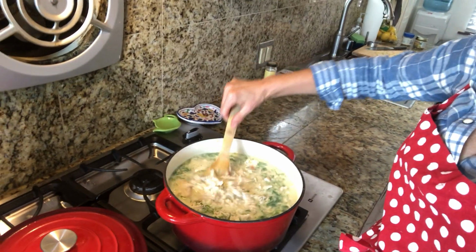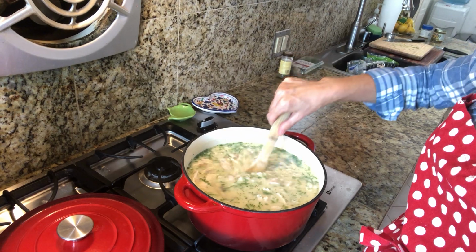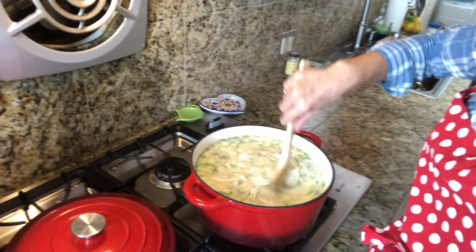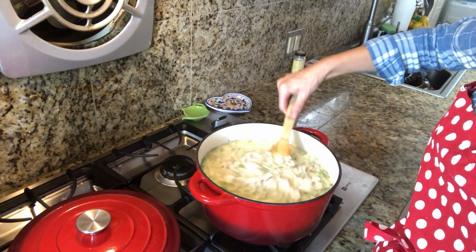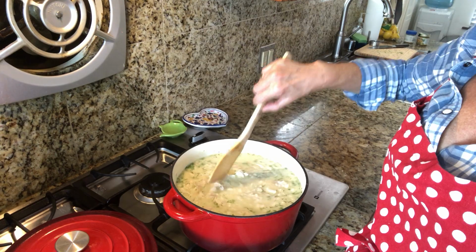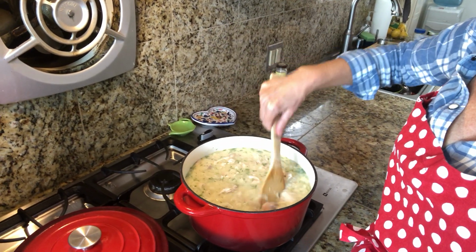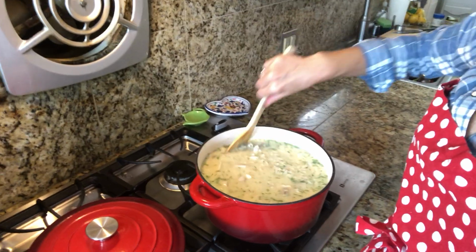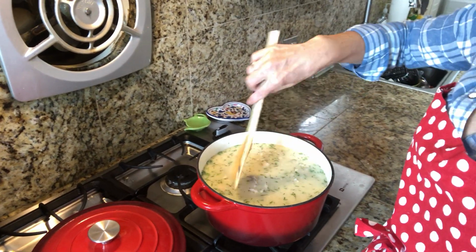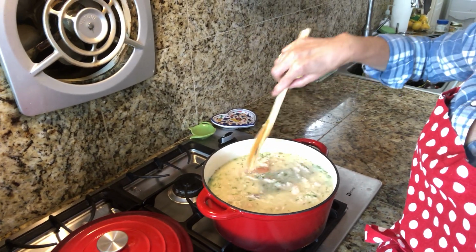I just made this gorgeous soup in less than 30 minutes. I could have done it faster if I wasn't bothering with you people. Just kidding, I love talking to you guys. But seriously, look at how gorgeous that is. I'm gonna pour a little container of this. I'm gonna bring it to the gal that I'm going to go see right now. I'm gonna put some in a container for dinner tonight. I'll just set that into the fridge, and then I'm gonna save probably half of this